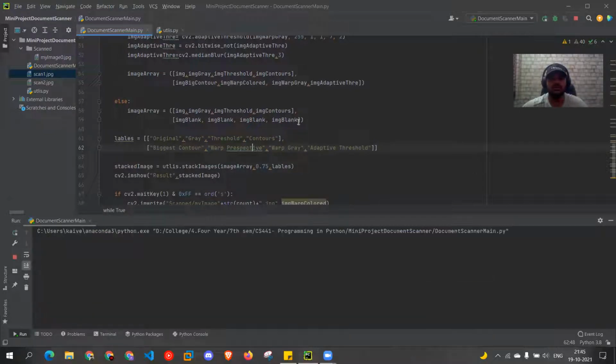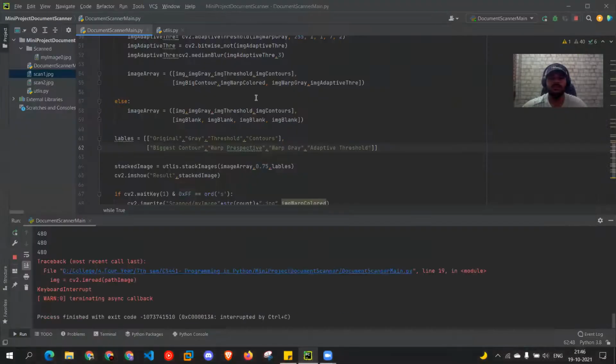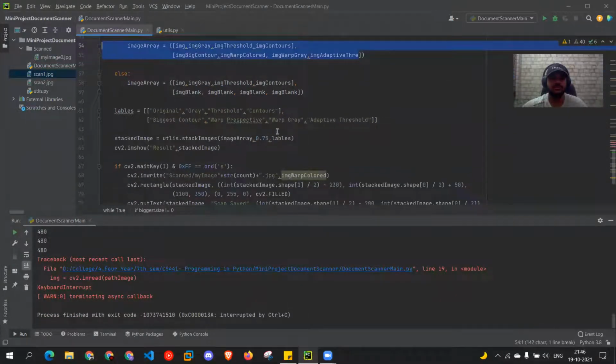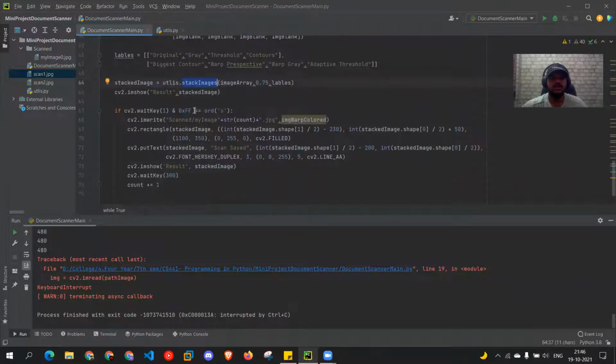So this is the label, and I have stacked all of the images in one using the stack images function. Then I've used the show function to show the output.